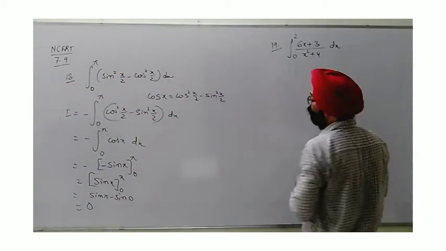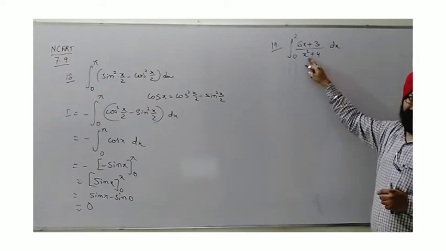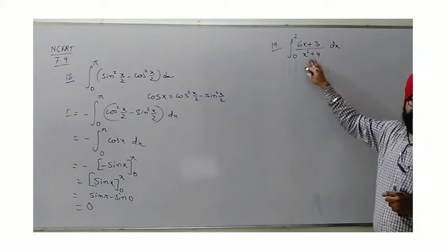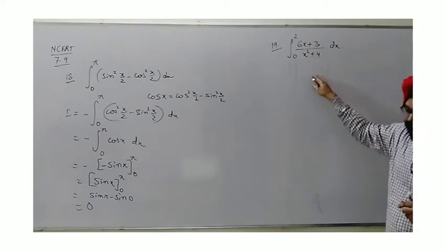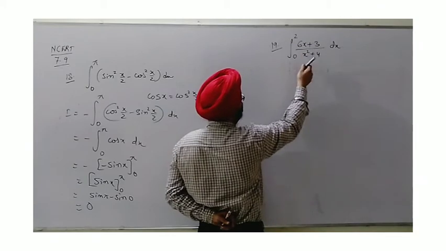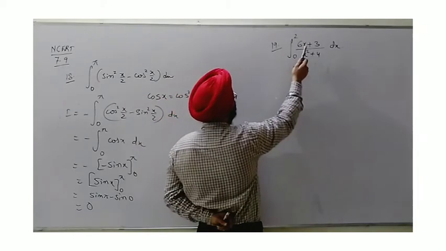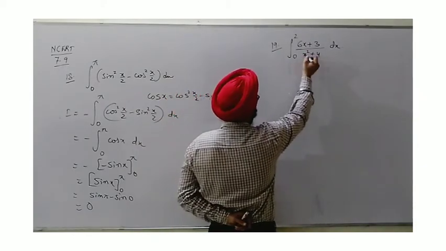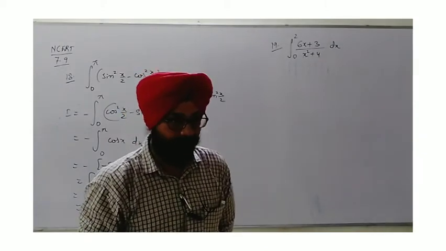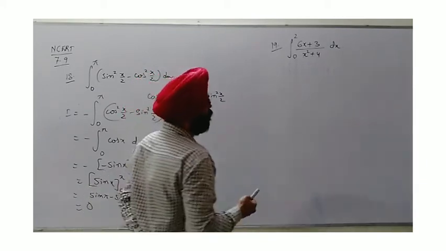19 is not very much different from the previous question once we have done linear divided by quadratic. So here we can apply the same pattern of bx plus q upon ax square plus bx plus c. This is selected as in the denominator we are not given the polynomial in standard form. How do we go? Let's see. Here we can use the bx plus q upon quadratic polynomial method, or here we can take this x square plus 4 separate in both of the terms. As I am speaking, in the denominator we don't have the polynomial in standard form. Only the one term of x square and other constant is given. So it depends on choice which one you would like to apply.